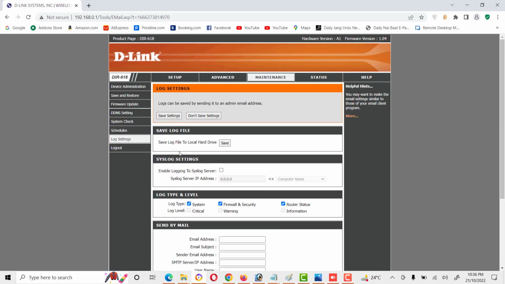these are the log settings. We can see the different types of log here, and then we okay,